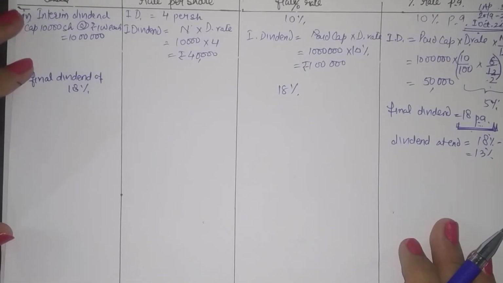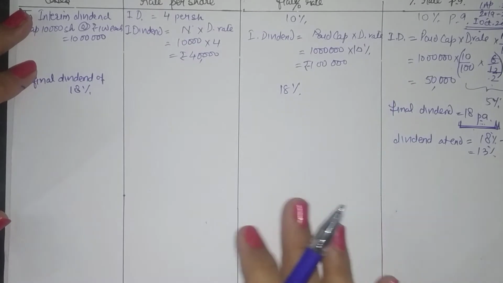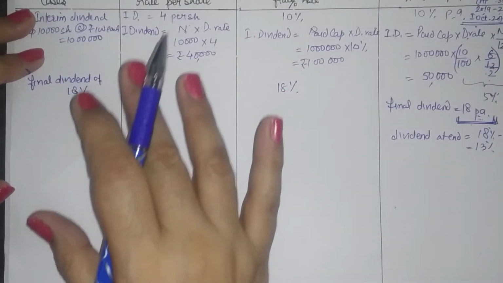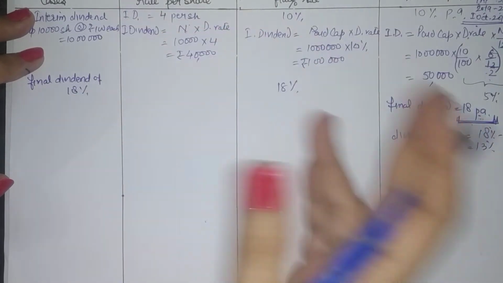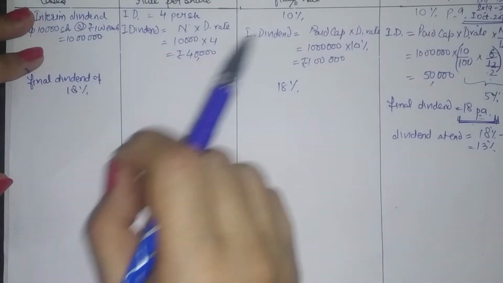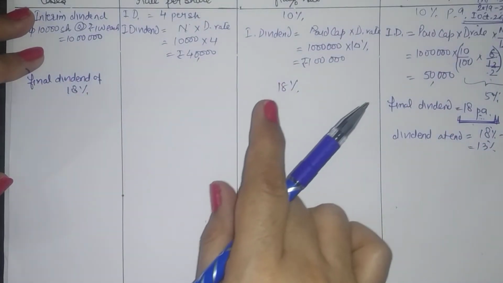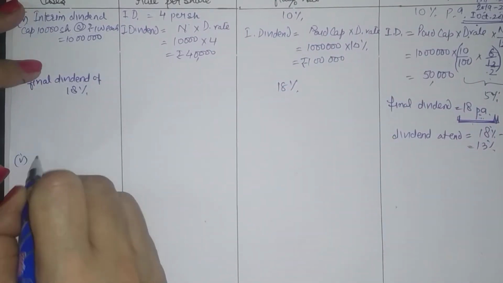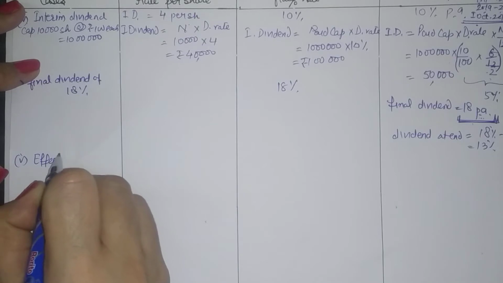Now we have considered different types of capital. We have considered the effect of arrears under two cases: when dividend is given normally as a rule on paid up capital, and when dividend is to be given only with the shares without arrears, right? Now let us consider the effect of additional capital.